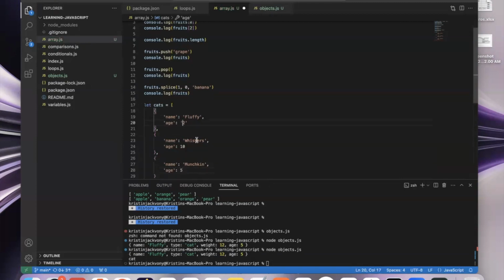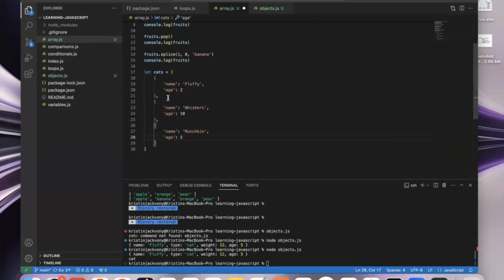Oops, and we will get rid of the quote marks around the age right here because those are integers. Okay, so you can see we've got 3 different cat objects. Each one of the cat objects is in its own set of curly braces. The cat objects are separated by commas, except at the end when we're all done with the objects, then we